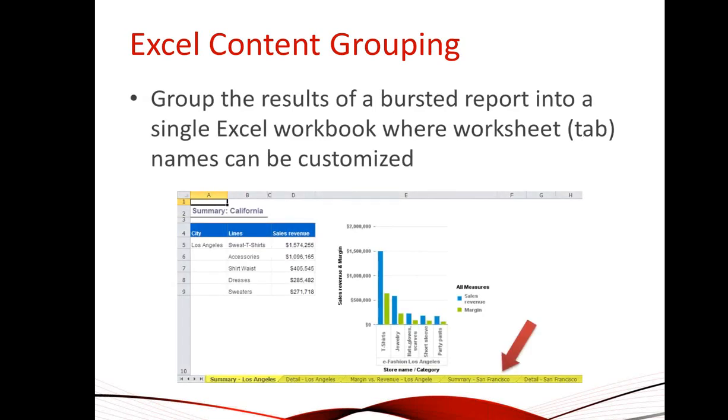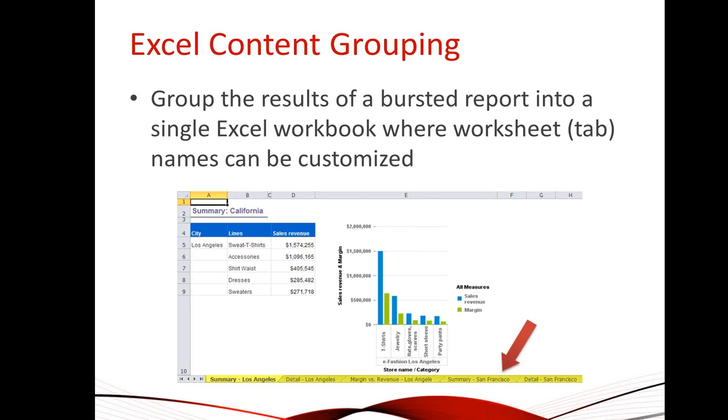So we had a few users that were using content grouping, and they were trying to do things with content grouping that logically should work, but we never actually designed the feature to do. So, traditionally content grouping was about taking content from multiple reports and merging it into one file. What these users were trying to do was burst a single report to produce multiple reports with different data, and then merge those single reports from that single document back into a single Excel or PDF file, which you could do, but in the case of Excel, there was no,